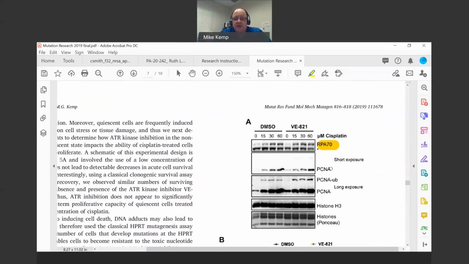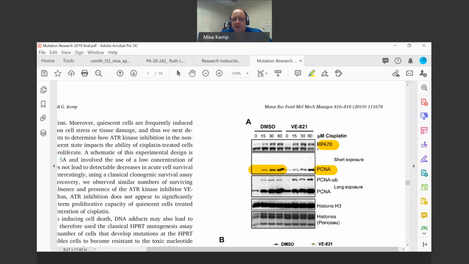Similarly, we looked at PCNA. PCNA is a homotrimeric clamp protein that helps keep DNA polymerases on the DNA. It increases the processivity of the polymerase. And that, again, is thought to be important for efficient DNA synthesis. And so when you have a gap in DNA that's generated by repair, that has to be filled in to complete the repair reaction and generate a duplex DNA. So, again, just like in the case of RPA, we see a nice dose-dependent increase in PCNA levels on the chromatin.